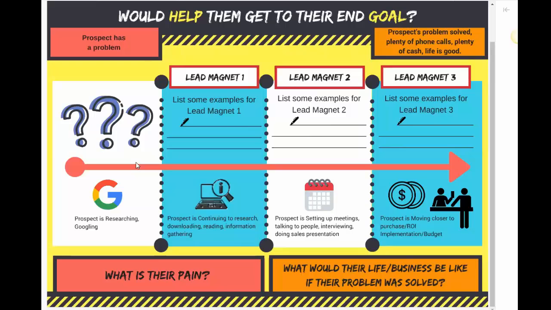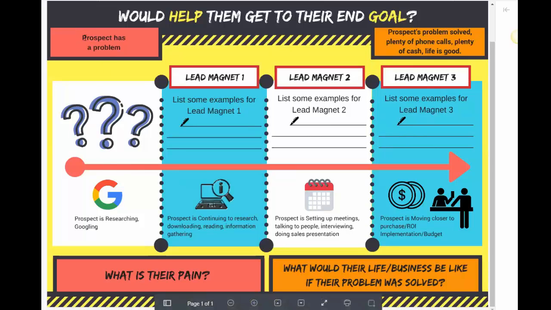The first step of that is to know who your target market is. Before we even get to the lead magnet stuff, I really encourage you to look at the avatar article, because that will help you answer these questions. If we look at this continuum, this infographic, we've got at the very beginning